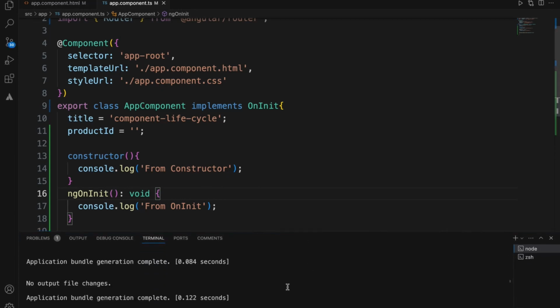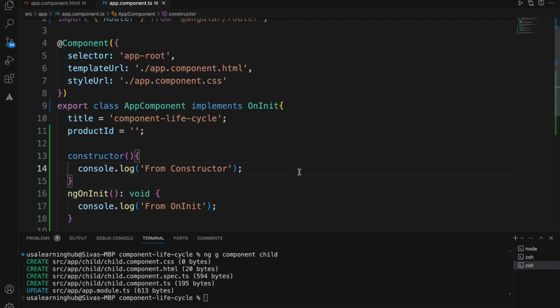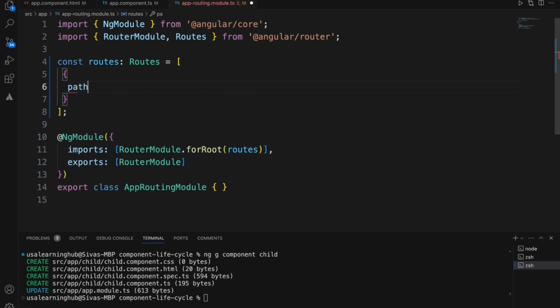Now let's add another component. I'm giving a real-time example of when we use this, so for that reason I'm writing this code. I'm just creating a child component. I'll go to the router, add a path to child, because the product ID, and component would be